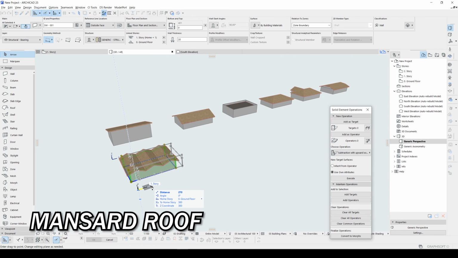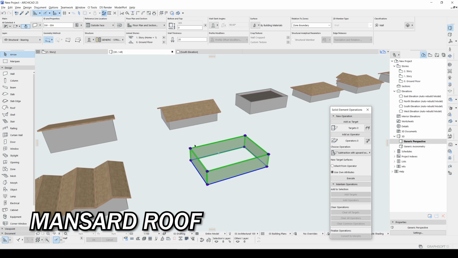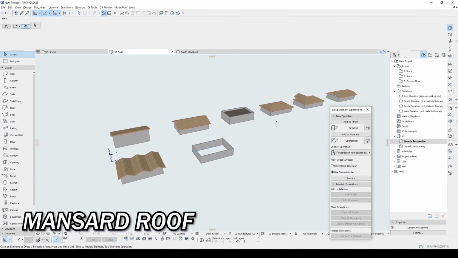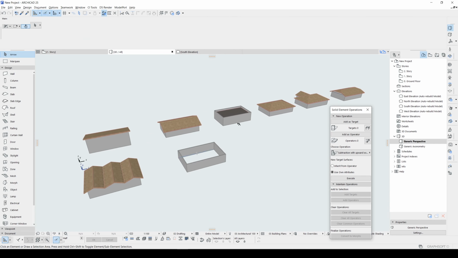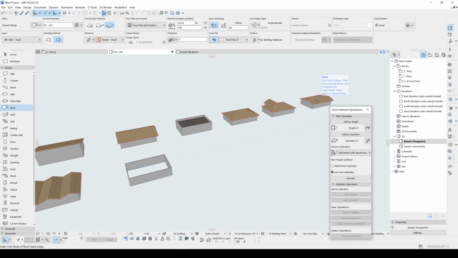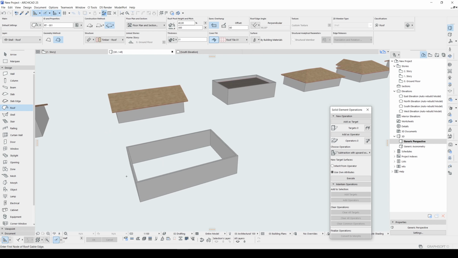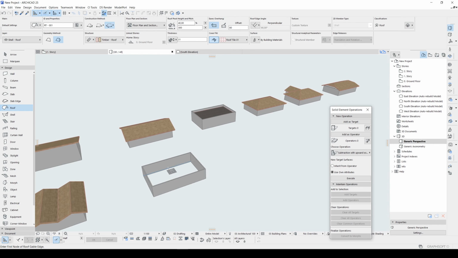Alright, next one will be mansard roof. Mansard roof means the roof which has got 2 additional levels. As you remember, we have done this before with this jerking head roof. So let's just copy that.